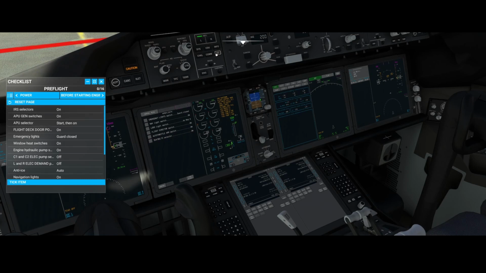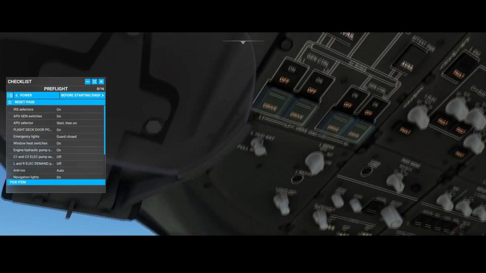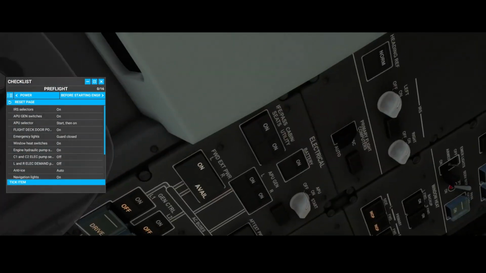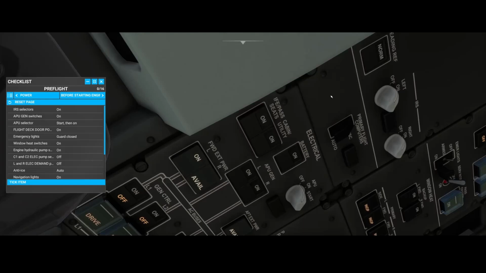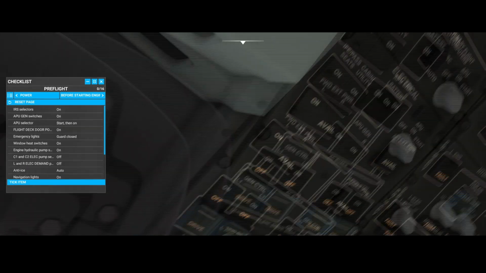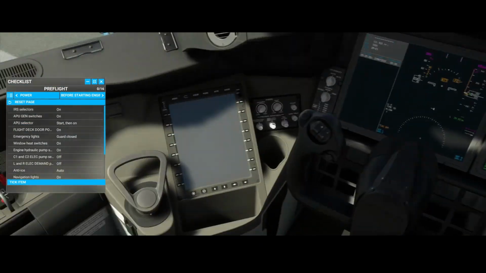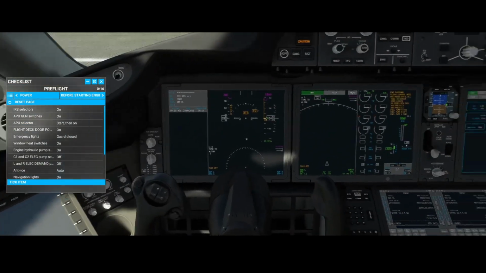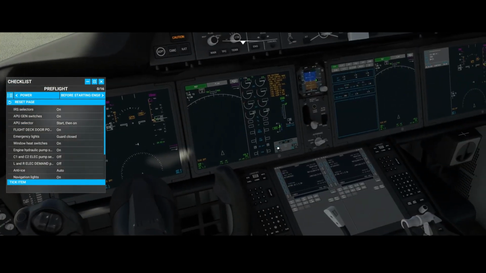The next one is a change to the IRS alignment, right? Previously when you used to fly, it would simply work. There was no need to activate the IRS alignment, but now it can be found here. So you can turn those buttons and that will activate the IRS alignment process, which is, I would say, kind of useful because that makes sure that the